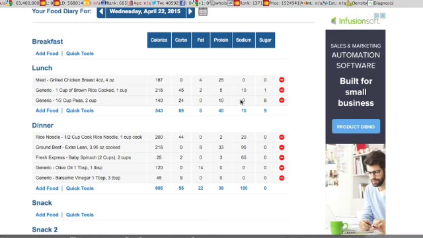Follow the same numbers, but eat anything you want, provided you're hitting the same numbers for calories, carbs, fat, and protein. All right, gang. So give this a shot,